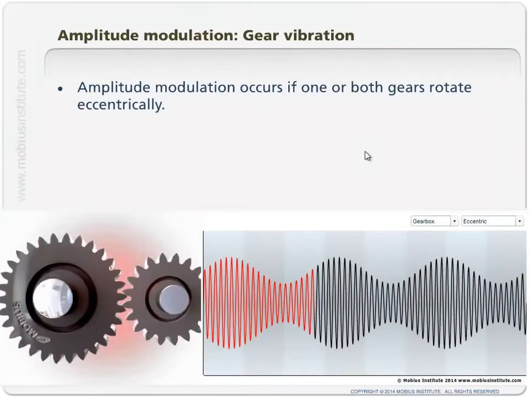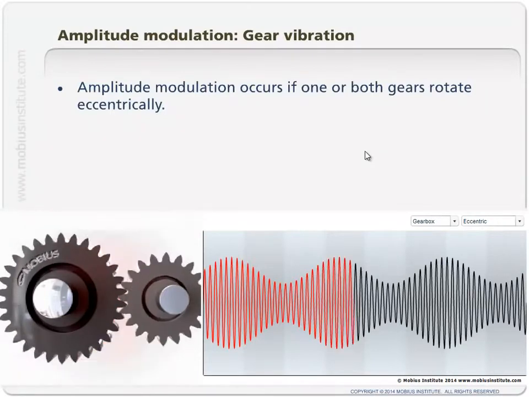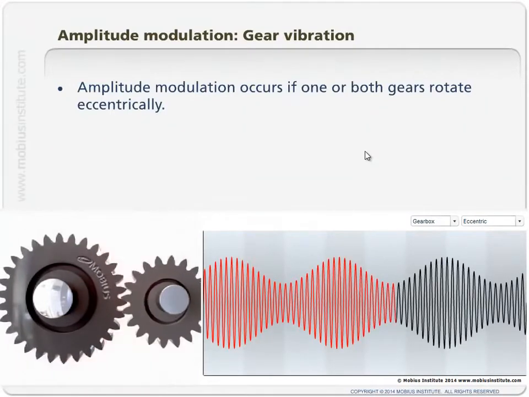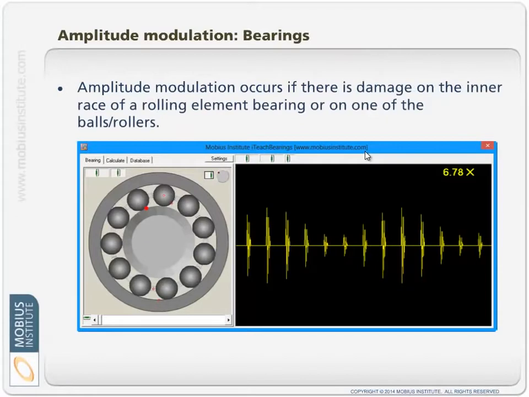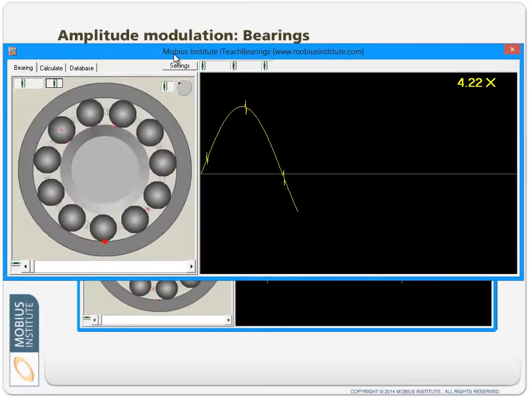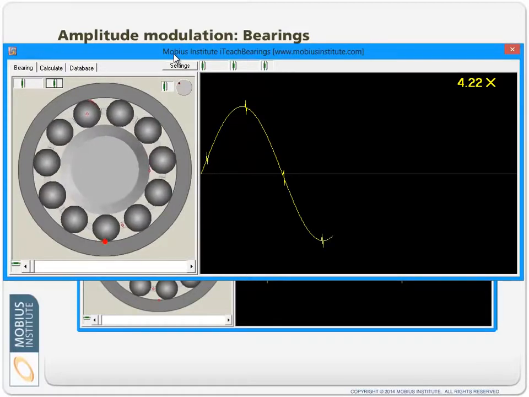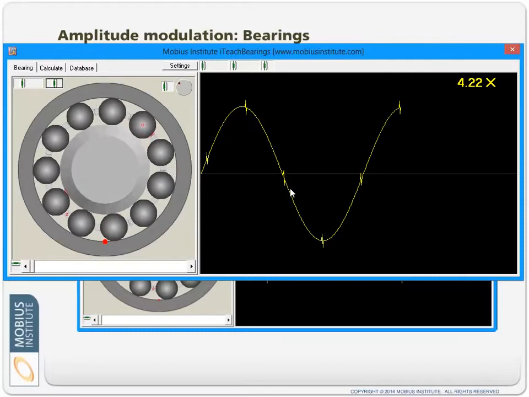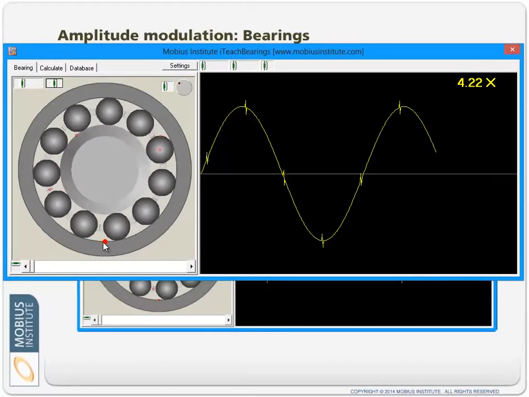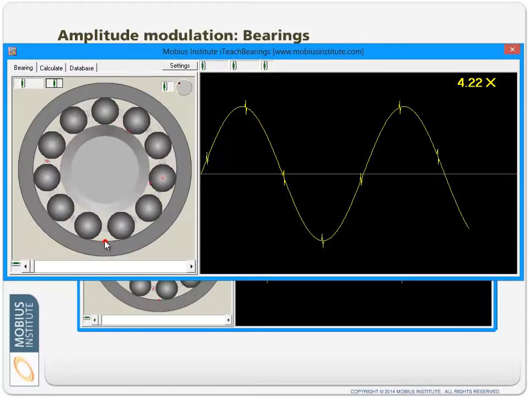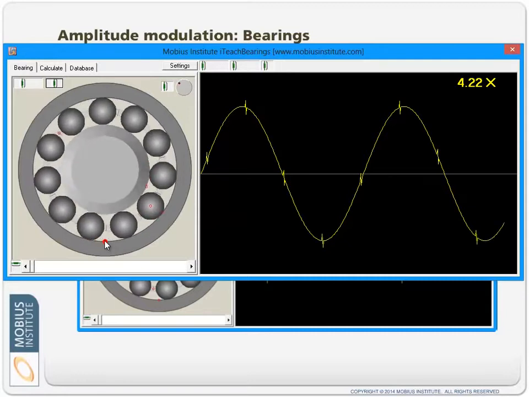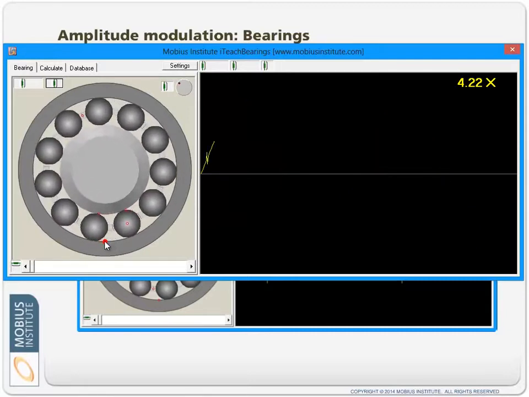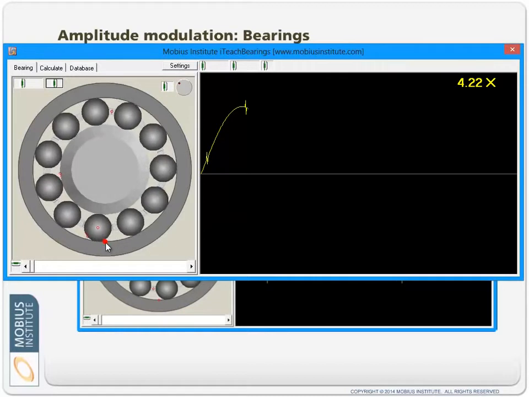So anyway, gear vibration is a classic source of amplitude and frequency modulation. Bearings are also another common source. So let's just take a look at something here. Here I have my simplified 1x vibration, and superimposed on top of that I have the vibration due to a fault on the outer race. So this point is damaged, and each time one of these rolling elements impacts that point we get a